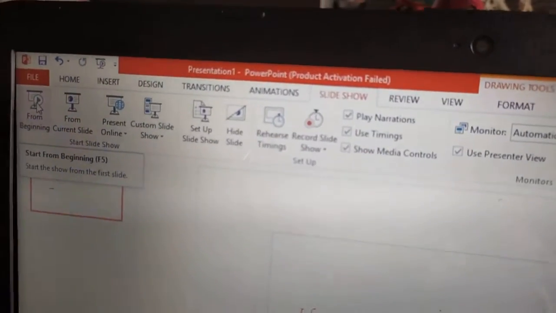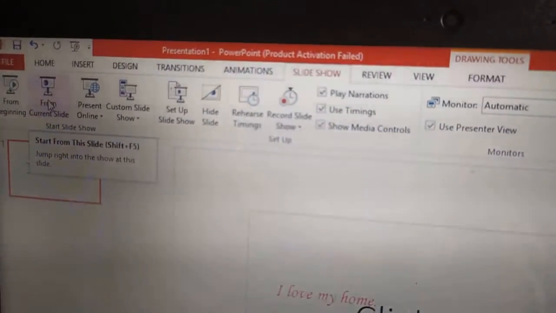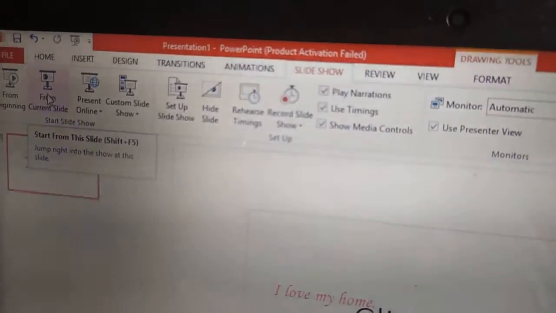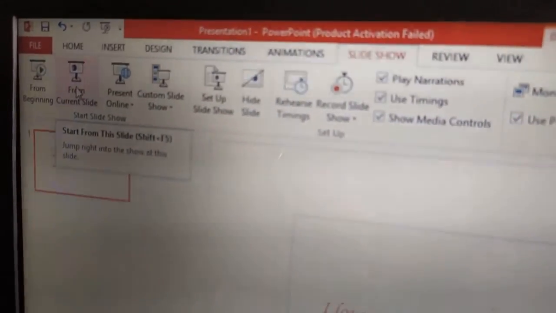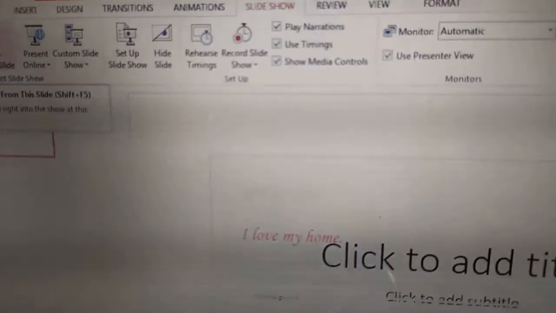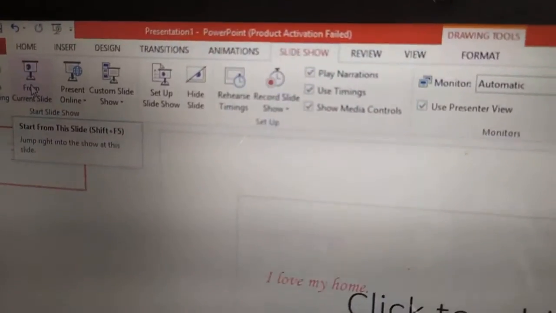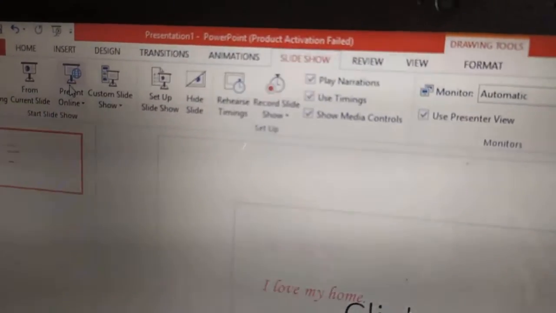From Beginning button. Then we have the From Current Slide. The slideshow will be started, that means whatever slide is open, from that slide the slideshow will start. Next we have Present Online.